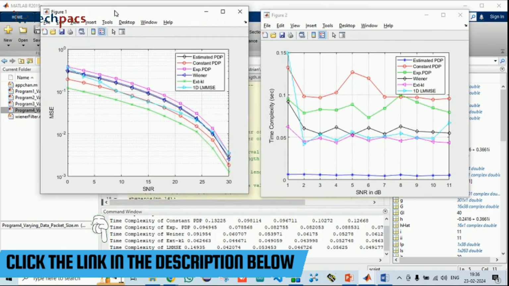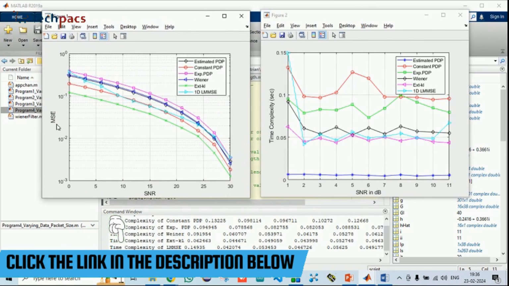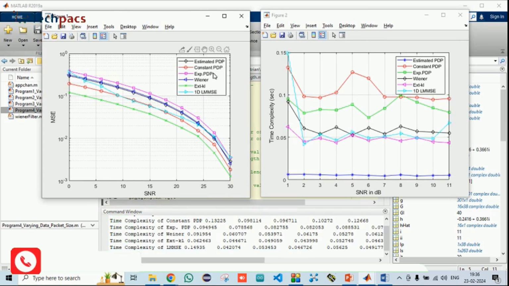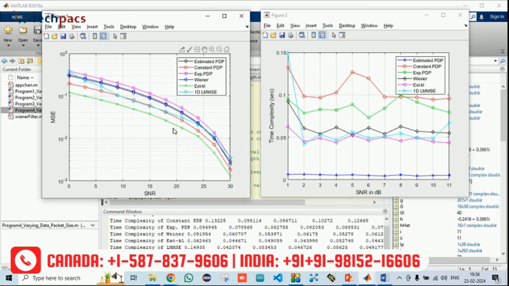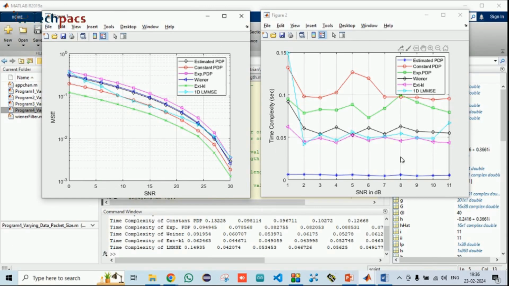You can see here we do have the graph in terms of the MSE, mean square error, and we can see all the different techniques applied on it, that is estimated PDP, constant PDP. All these techniques have been implemented and analyzed to see which technique is giving the better results by changing the SNR. In the second scenario, we are also analyzing the time complexity, that is how much time it is taking to process